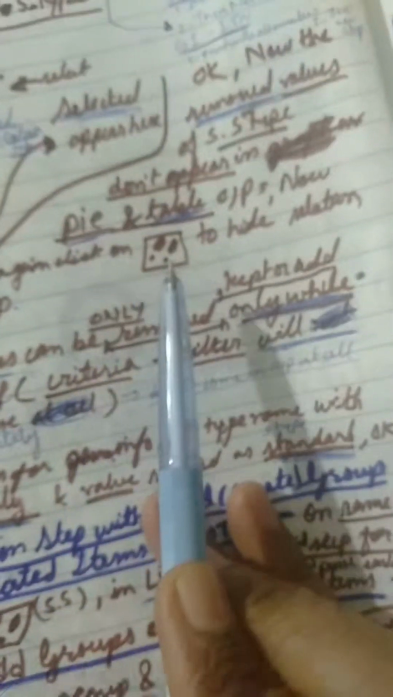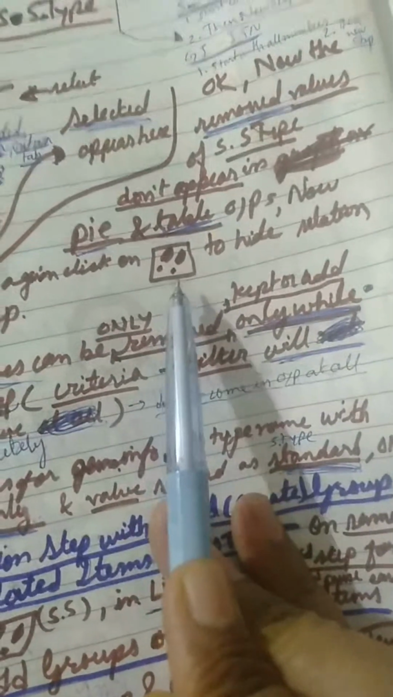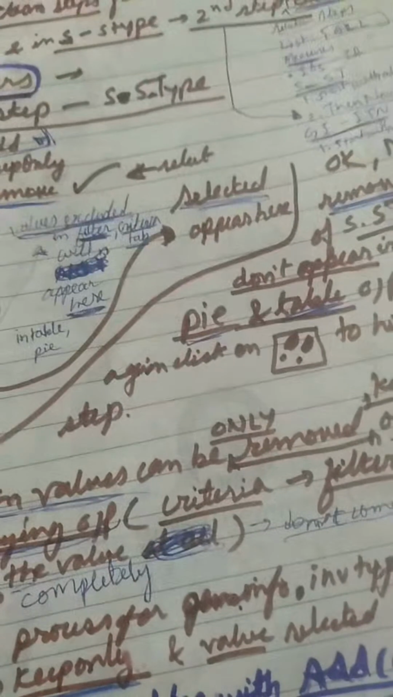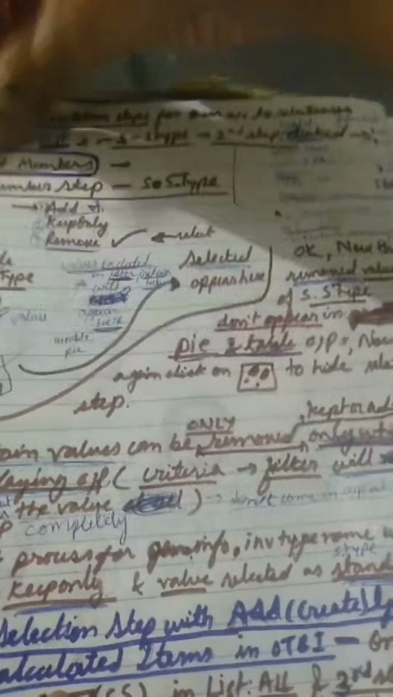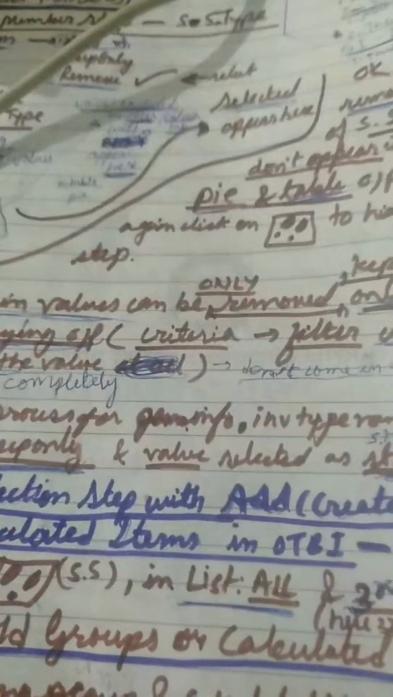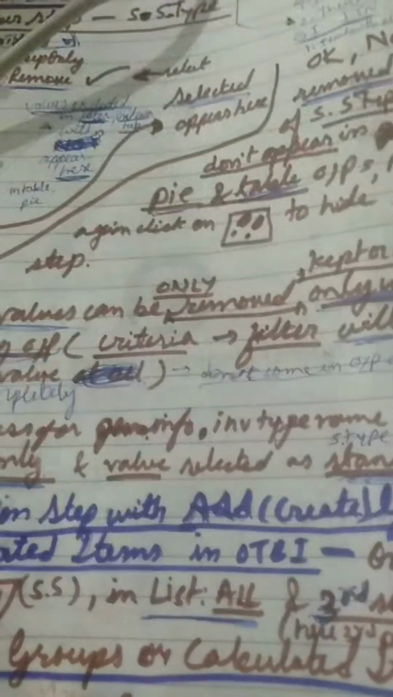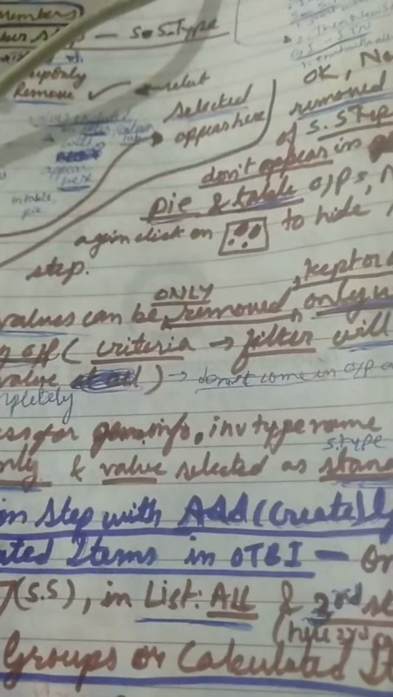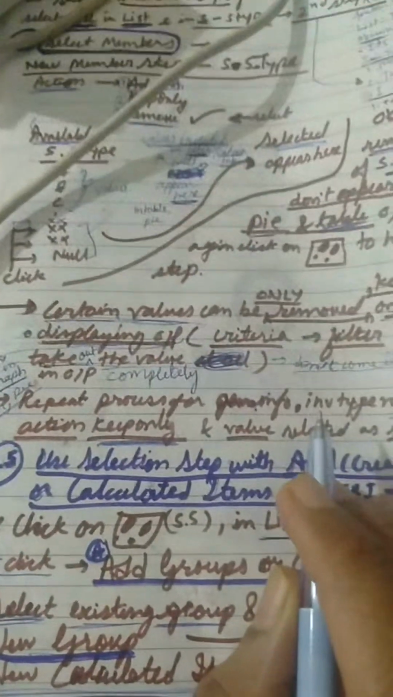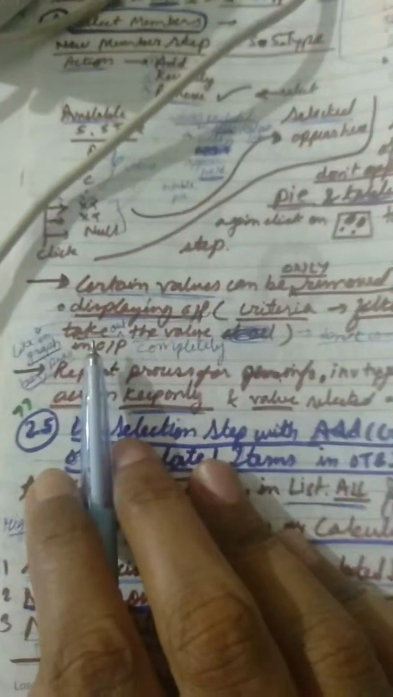Okay, so again we'll click on this same icon to hide the selection step. One thing here is very important to know. If I use the filter instead of the selection step, the same thing can be achieved using a filter, right? I can use a filter where my supplier type is not like XX percentage, right? That I can do. I can use a filter there, but what will happen is the filter will take out